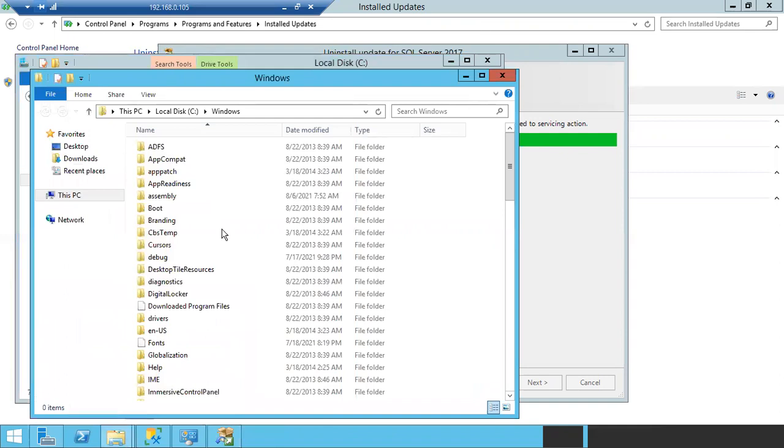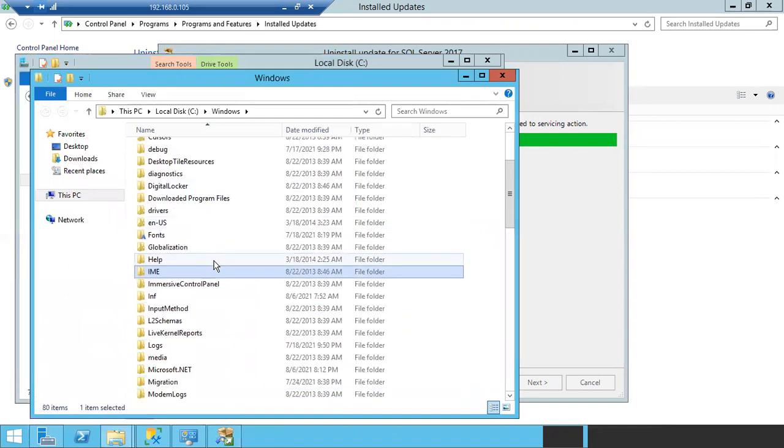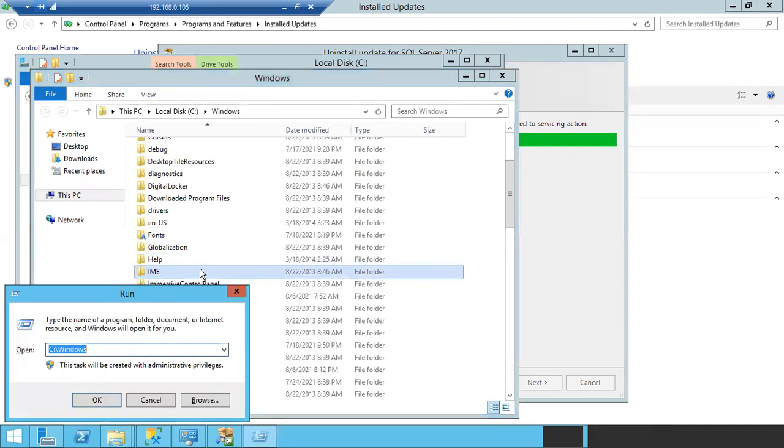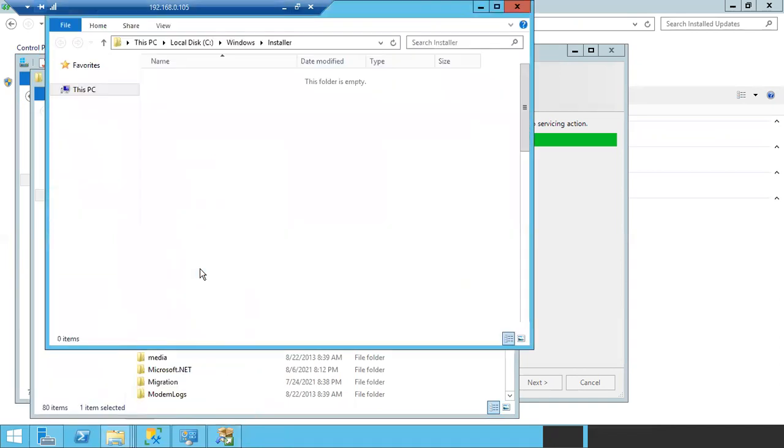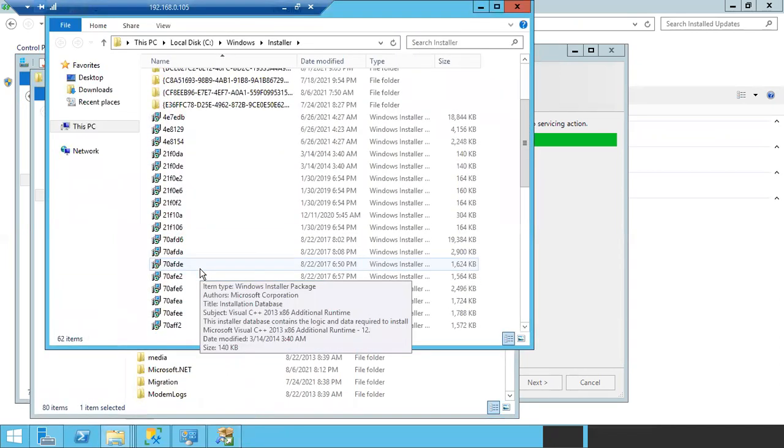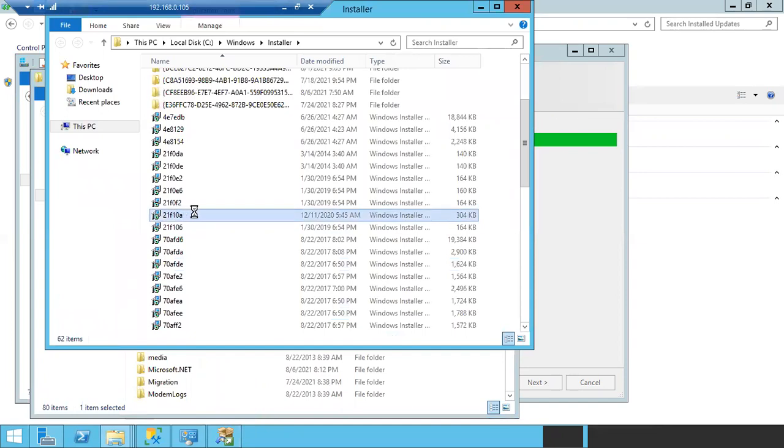Those folders will sometimes be hidden, so you can open it directly like this. Here these files are MSI files and MSP files.